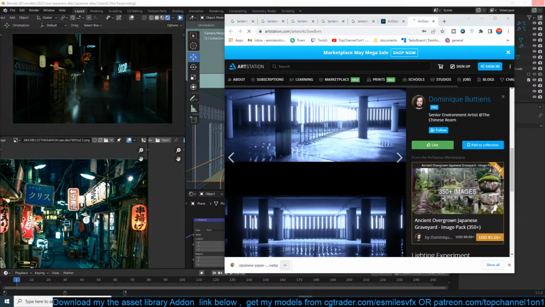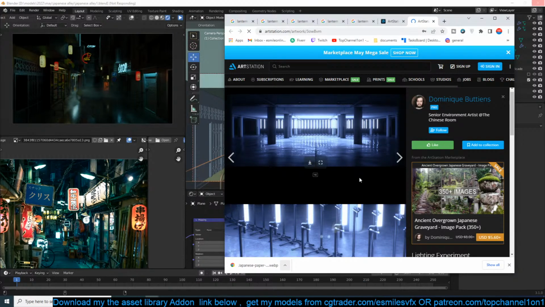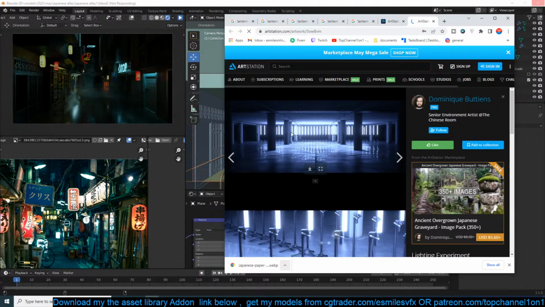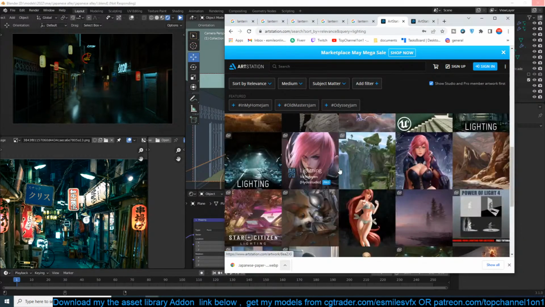Let me see, how long has our stream been? 118 minutes. This project is getting really heavy. It's hard to add more detail to this. So what we're going to do is spend another 30 minutes trying to mimic some good lighting from Unreal Engine. I'm going to try and make something like this, because I love this type of lighting. Let me wait for this to optimize, and as that is happening, let's find some easy lighting to mimic.